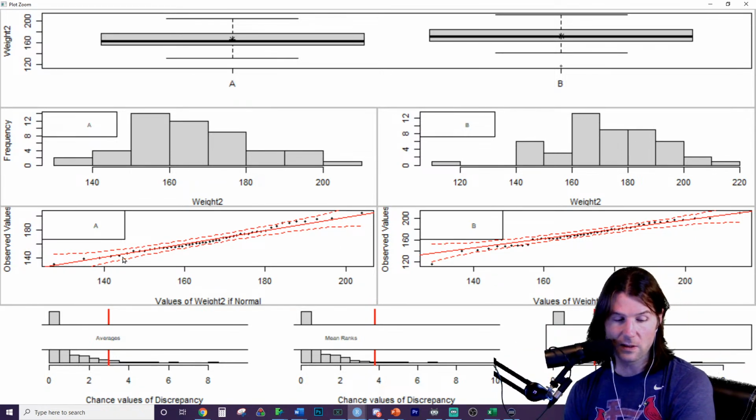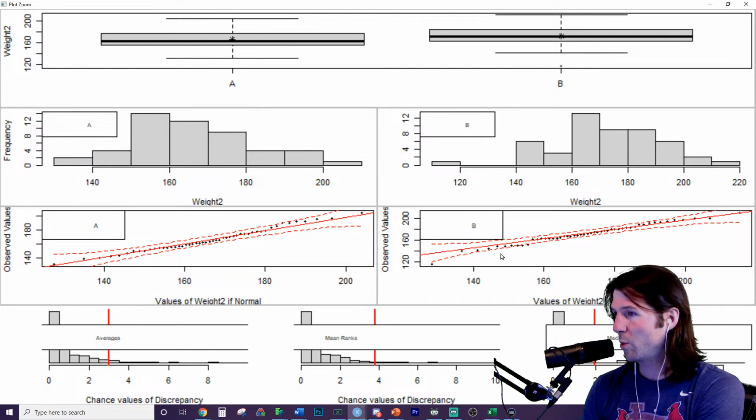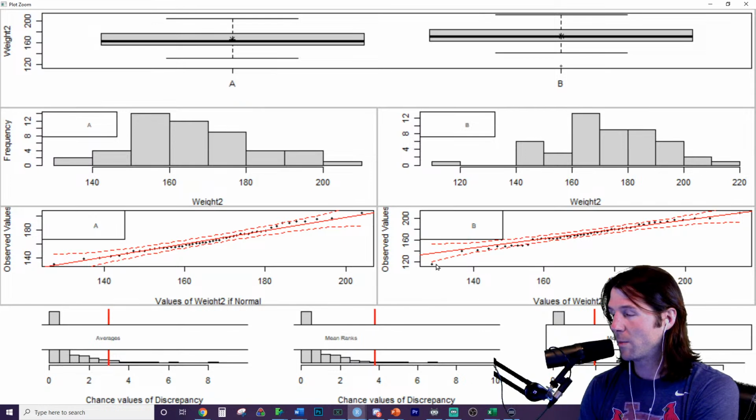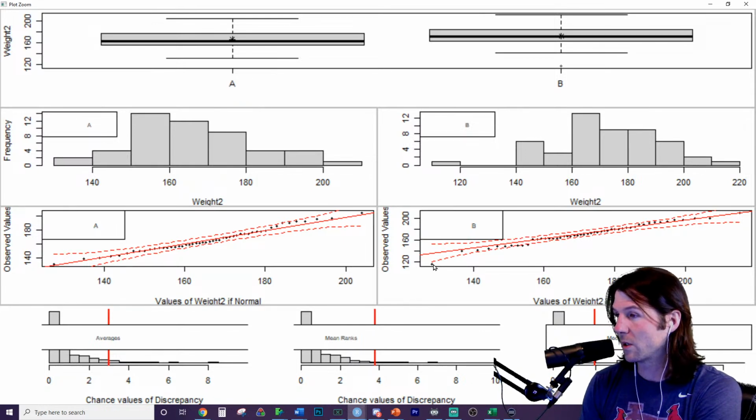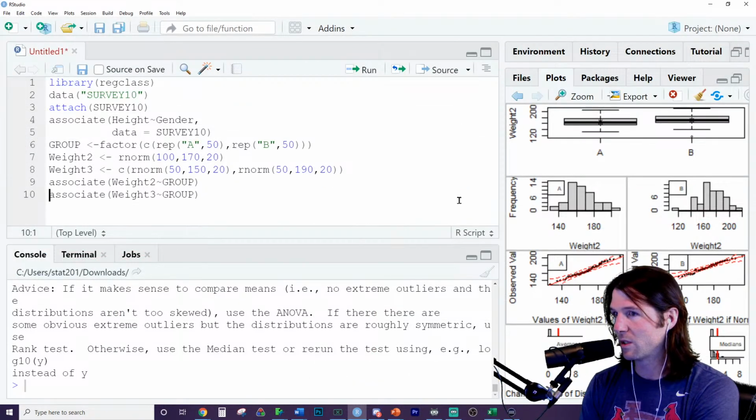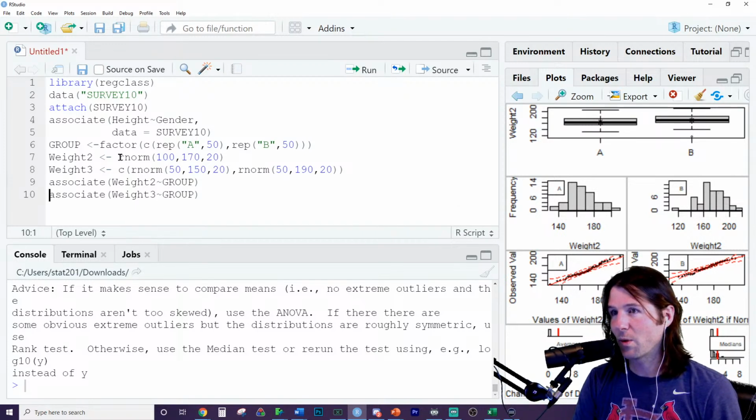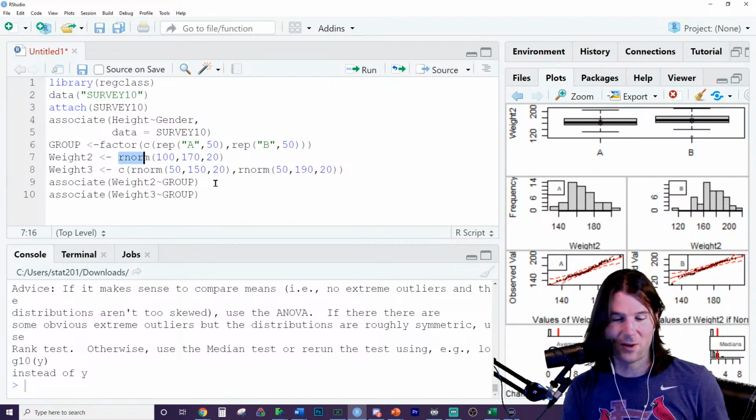My argument for means is looking at the QQ plot, all the points are within the bounds of what we would expect the normal distribution to be. We do not see any deviations, even though there is a small outlier on the B distribution. That B point is the tiniest bit outside of bounds of what we would expect for the normal curve. So yes, I do think we should be using means here because pretty much all points, save one point, as far as I can tell, fit what we would expect of the normal distribution. And these points were actually generated via a random normal, so they actually are normal.